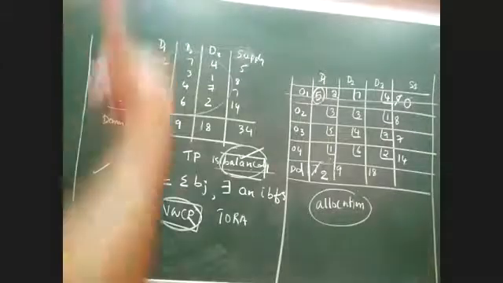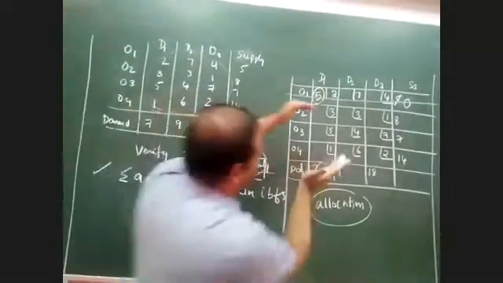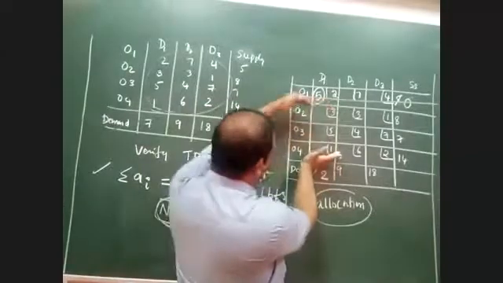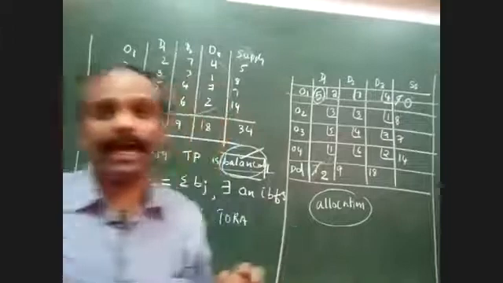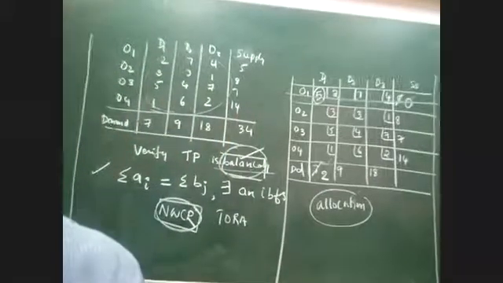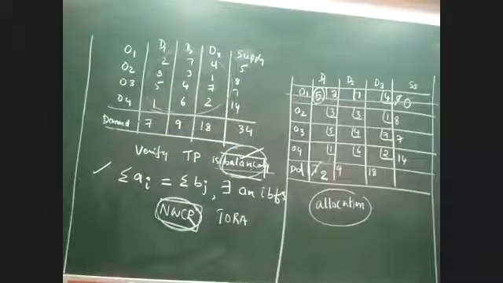Now you can see, continue to the next step. Now the matrix is reduced to a smaller matrix. Only O2, O3 and O4 are there. The same logic. Again, you should start allocation from a number which is located in the northwest position. You got the reduced matrix, which is the northwest element now? Please tell me. 3. 3, exactly.